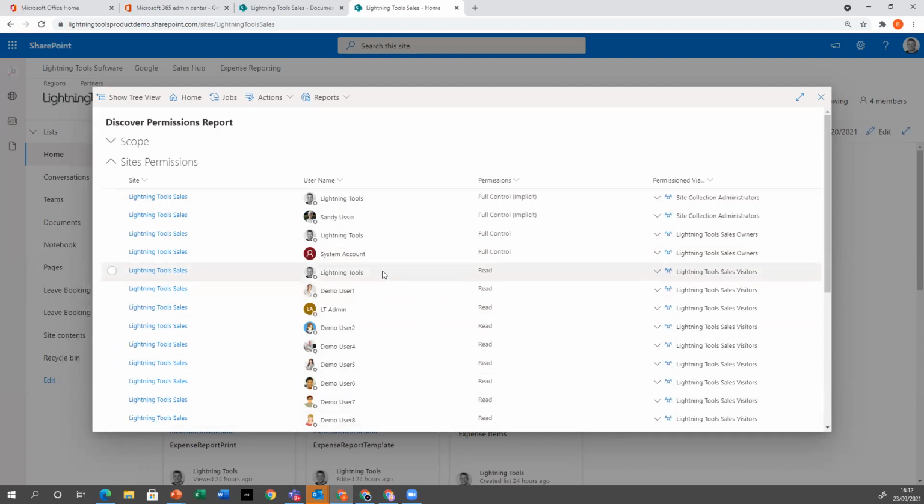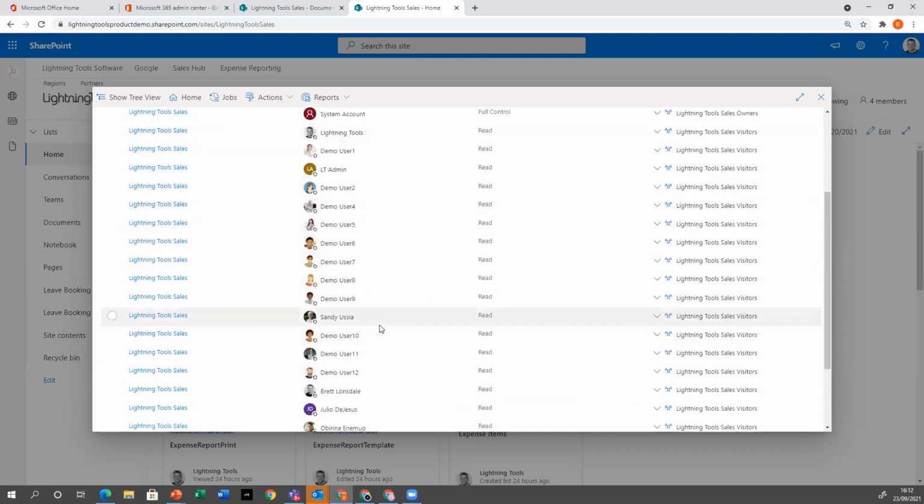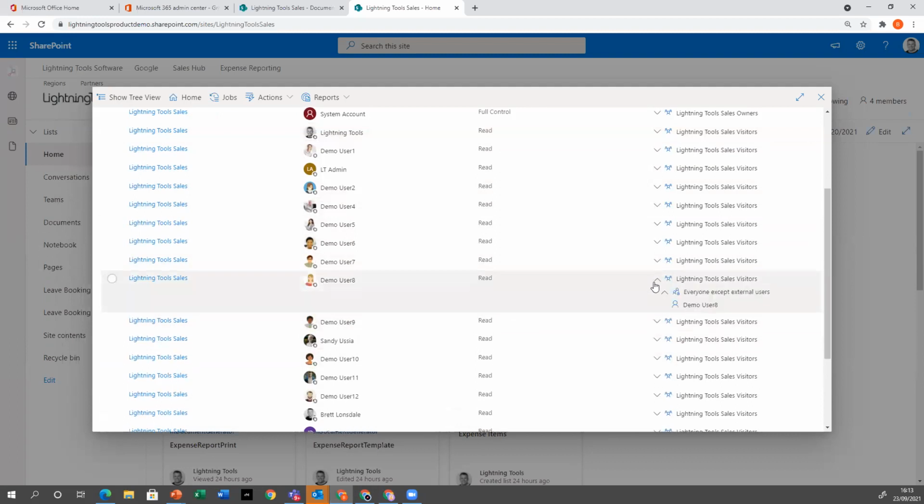So you can see in here, I've got quite a lot of users with read permissions. This is actually quite a common thing. People think that their sites are locked down and realize that they've inherited the everyone group from somewhere. So everybody can actually read the site. So in here, we can see, yeah, everybody in the organization can basically read this site